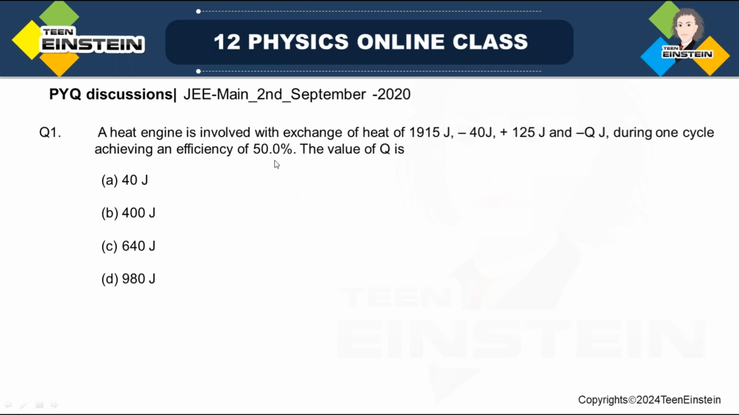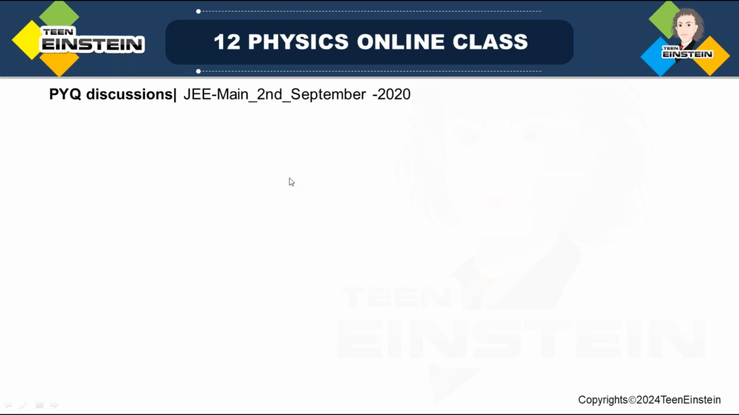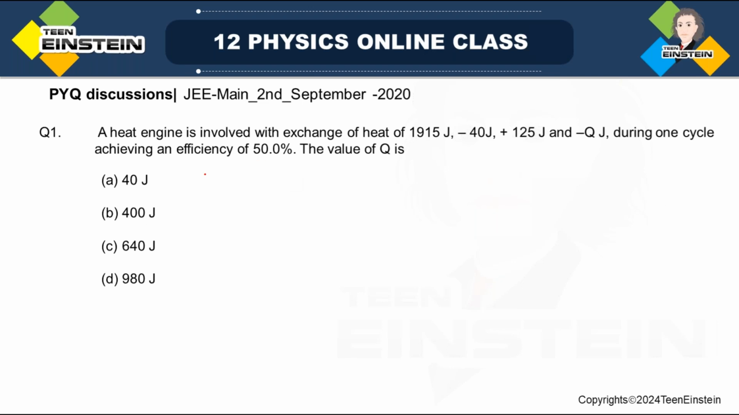So guys, in the last session we had some calculation issues with this problem. So that's why we did not get the proper answer for this. Let me discuss this question first. A heat engine is involved with exchange of heat 1915 joule minus 40 joule plus 125 joule minus Q joule during one cycle, achieving an efficiency of 50%. The value of Q is,